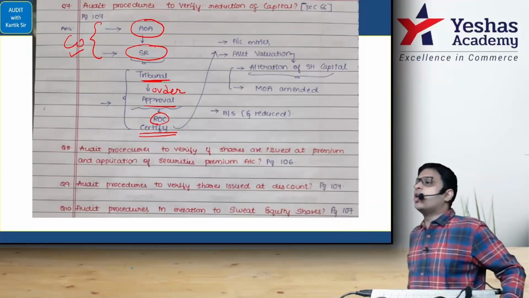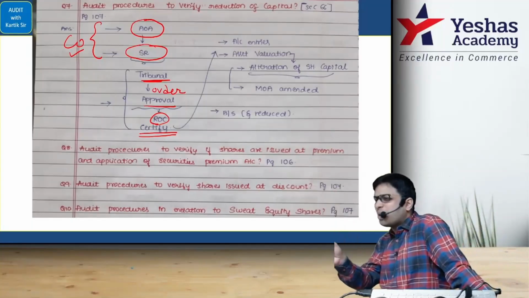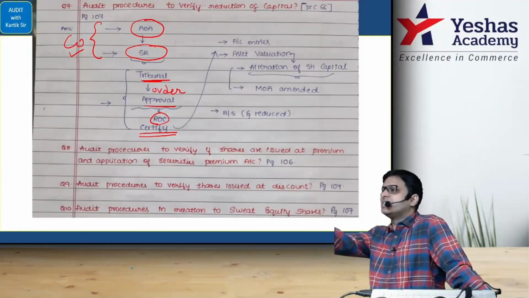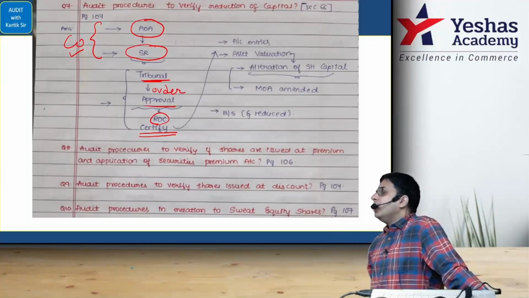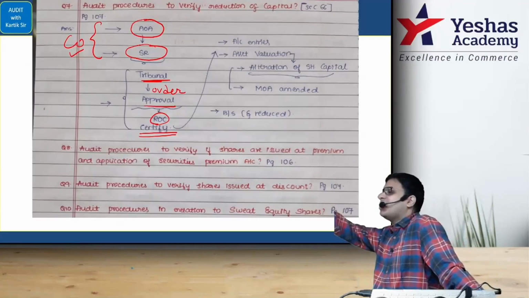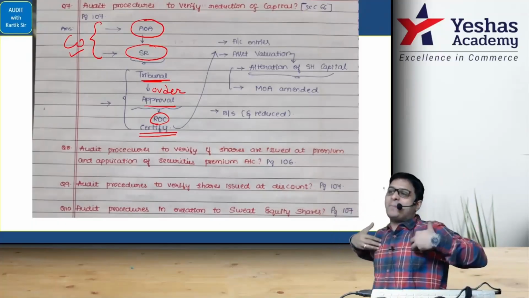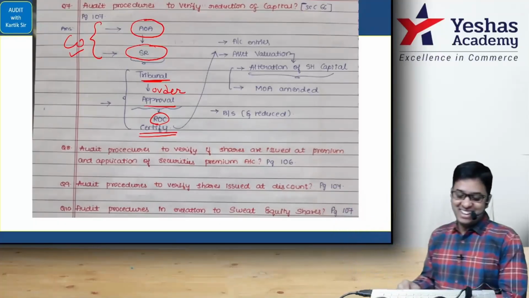Remember, debtors go down in value from 7 lakhs to 2 lakhs. So these are the entries you pass now. My favorite entry in this chapter is that equity share capital face value goes from 100 to 10. Easy entry, the easiest 1 mark of your life. Equity share capital account debit, face value 100. Equity share capital, face value 10. The happiness of that 1 mark is another level.